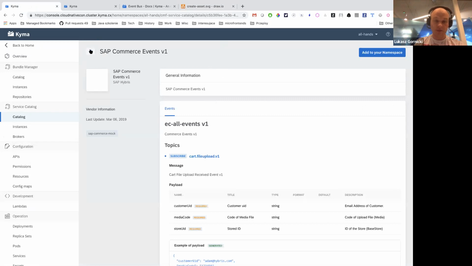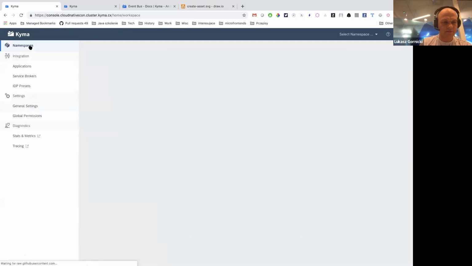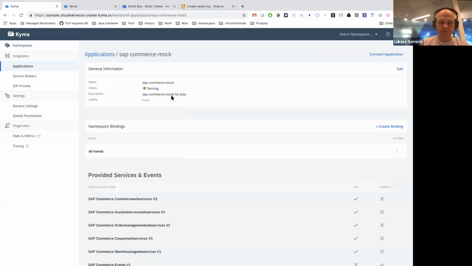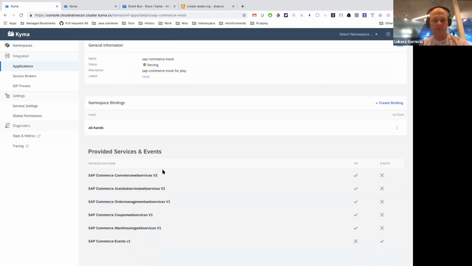Whenever we register the application, I'm not sure if it's actually something useful for Knative, but yeah, it registers a set of service classes based on the Open Service Broker API, and we're using in Kyma the Kubernetes service catalog. So the connected application can say, okay, we have some commerce API, we have some order management API, but we also have